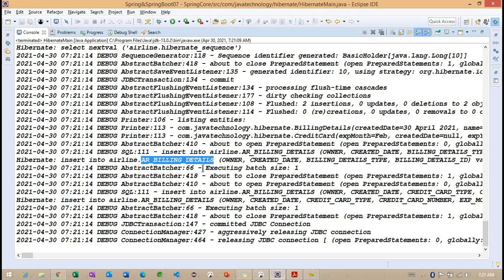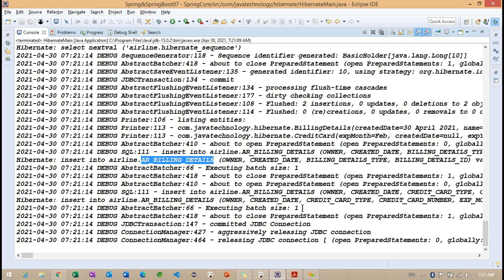Now you can observe AR underscore billing details, and here also AR underscore billing details is creating, because we are having two insert queries here, because we are having two objects here, but the two records are going to store into the same table here. Getting the point? Even though we are trying to save the credit card information, the records are going to store into the billing details.